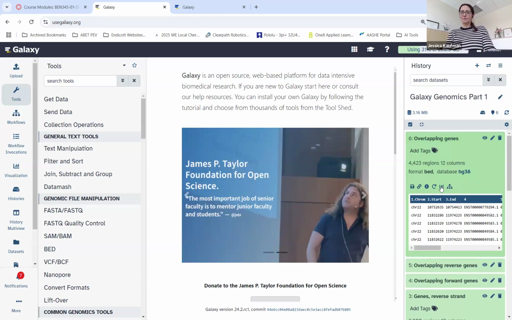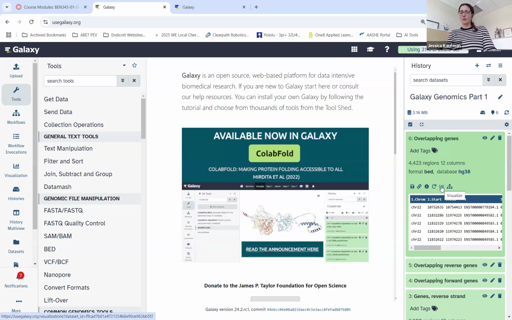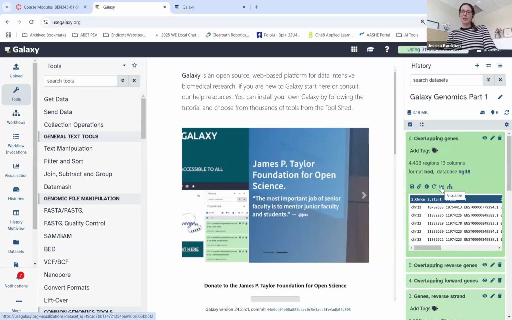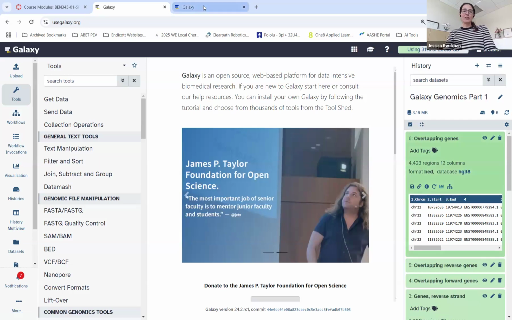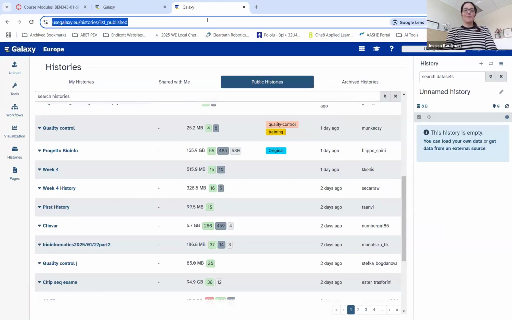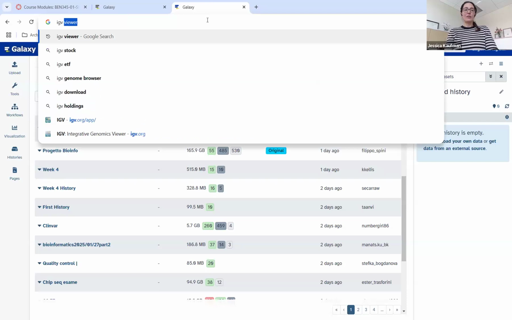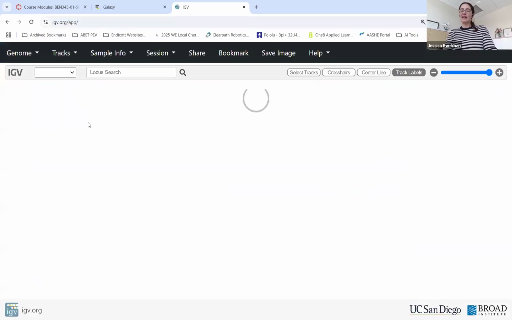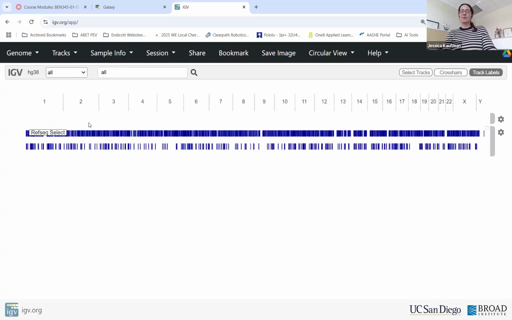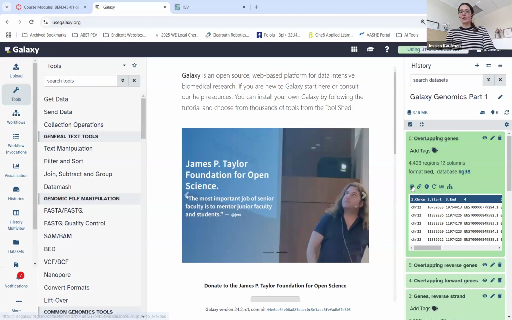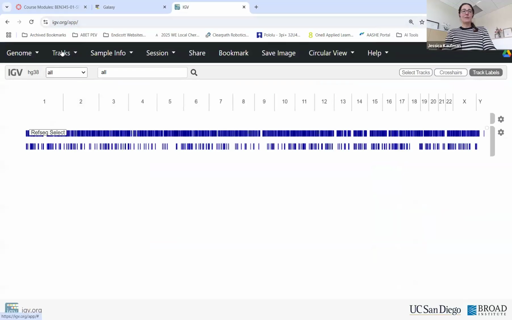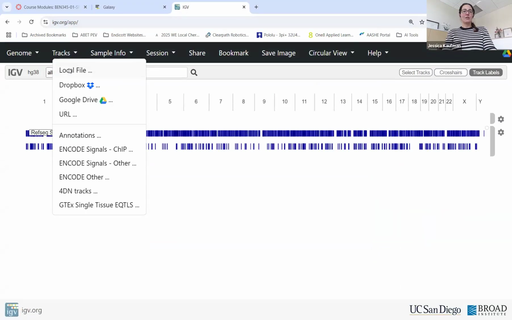Once you have this, one way to view it is to click the Visualize tab, but that doesn't load in everyone's browser. So an alternative way to look at bed file information is to load a genome viewer. IGV is one of my favorite tools. There's actually an IGV Shiny app that can let you create your own IGV viewers. And if we have loaded this, we can easily save this to our computer and go to Tracks, Local File,